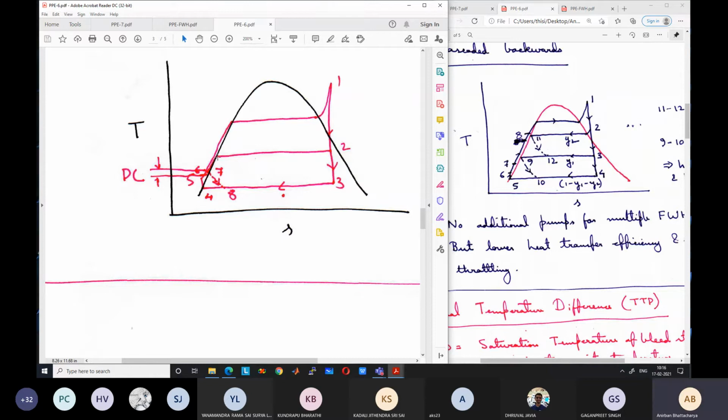This is another diagram that I am showing, some temperature T7. Do not confuse this T7 with this T7. This is a separate diagram. So from 2 to this 7 it goes, and from 7 to 8 is the isenthalpic expansion in the throttle. This heat exchange raises the temperature of the feed water from 5 to 6. So this 5 to 6 is analogous to the 6 to 7 here. This extra length from the saturated liquid to the lower temperature is known as drain cooling. If this is present, we say drain cooling is present.